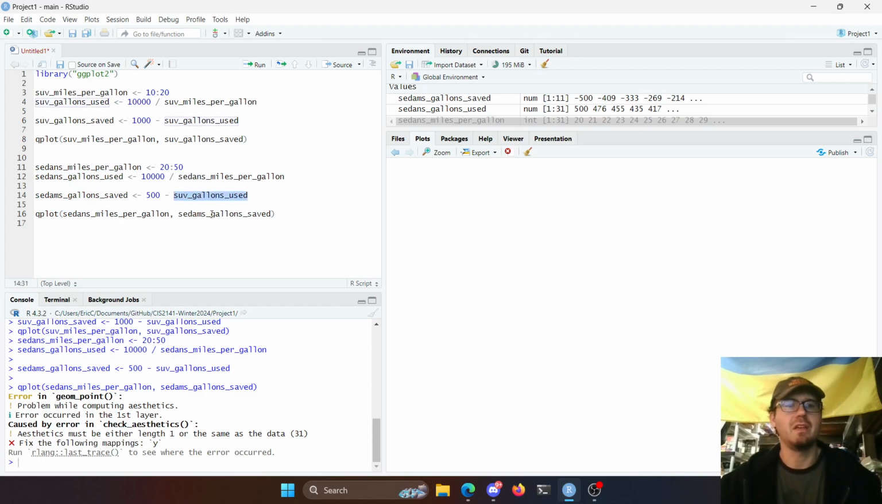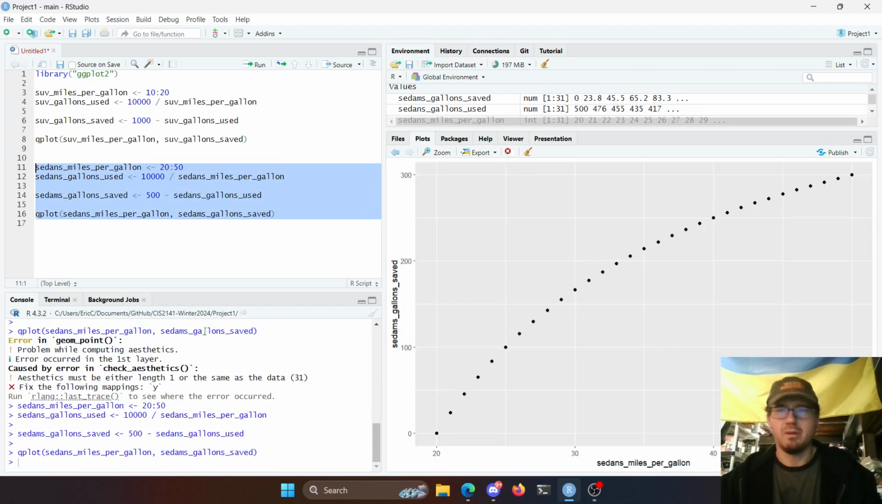Oh, SUV gallons used. Yep, I did the wrong one. So that should be our sedans gallons used. Yeah, this is the problem when you copy paste things. Sometimes you forget to replace the right things. There we go. And now we see, right, we've got more data points where we go from saving no gas, right, to saving only 300 gallons of gas per vehicle, going from 20 miles a gallon to 50 miles a